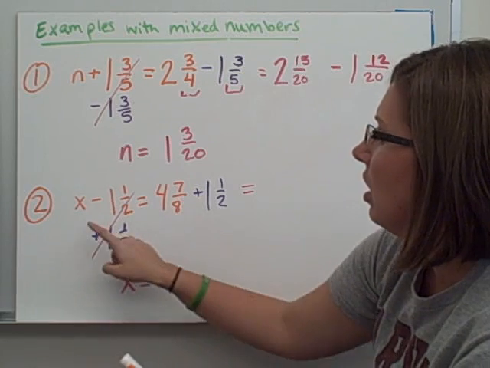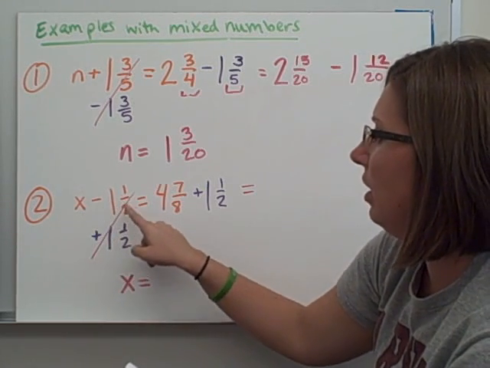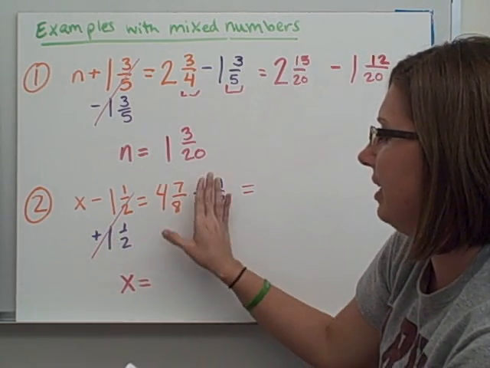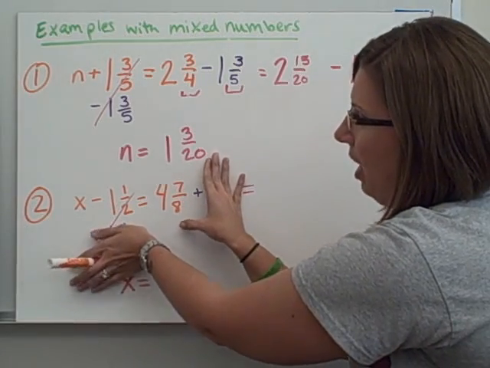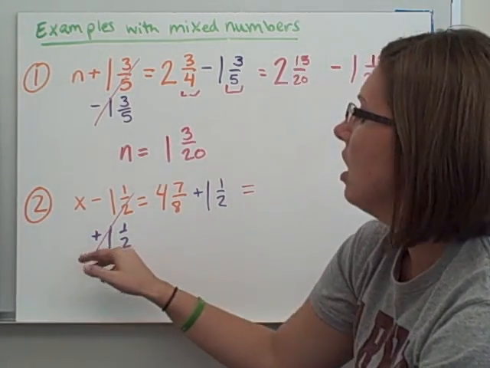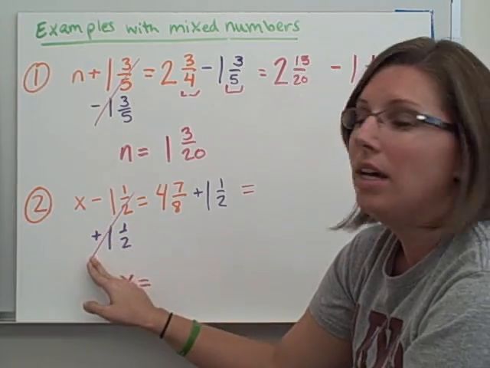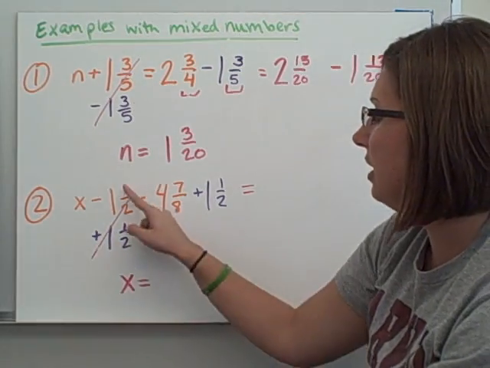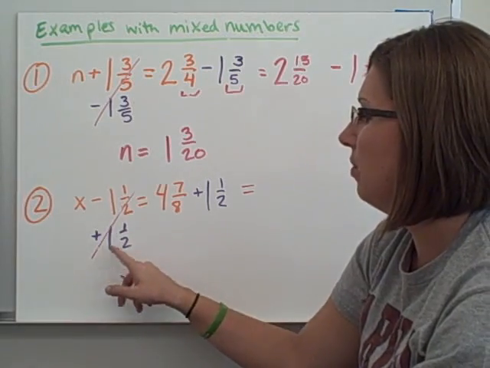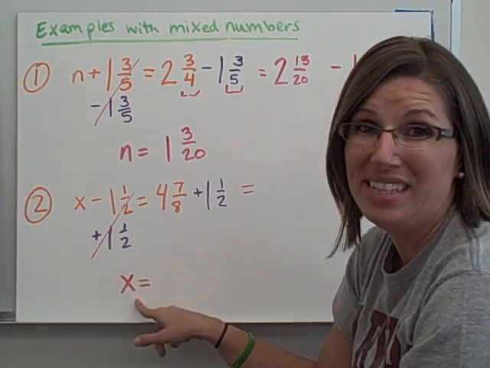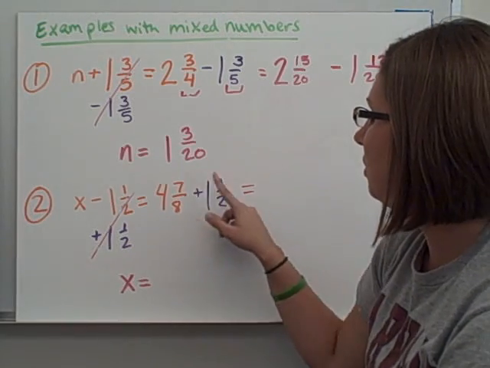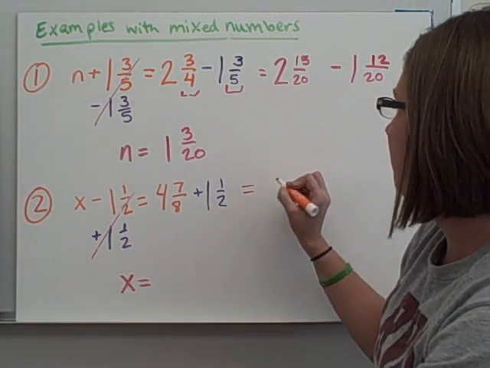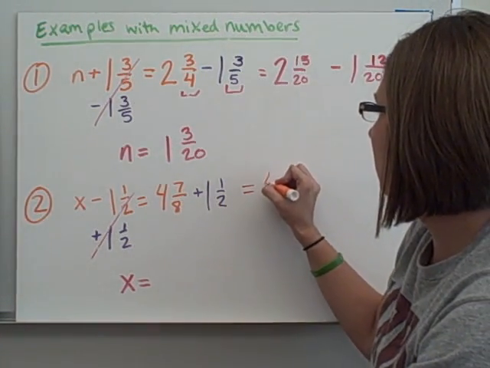Number 2, x take away 1 1/2 equals 4 7/8. That was my original problem. I went ahead and started some work here. To undo subtraction, I need to add. So I add 1 1/2 to both sides so I can cancel out what's going on here. I get x by itself. Then I have to solve this. 4 7/8